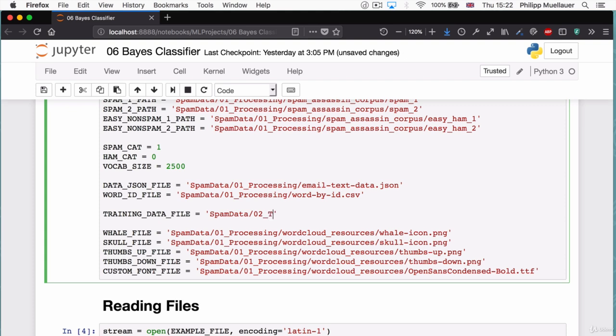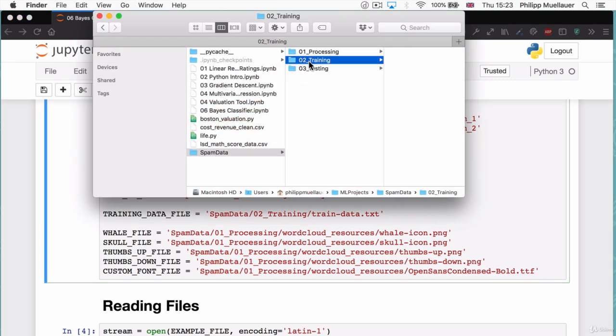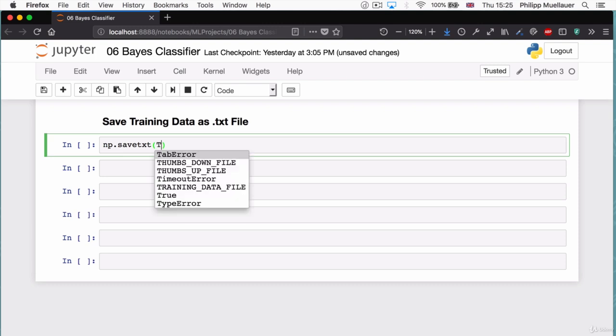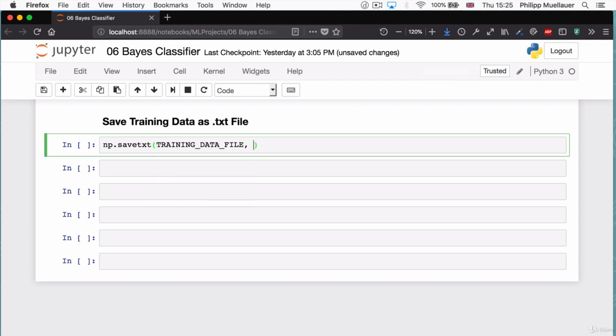/02_training/train-data.txt. I'll be adding our text file to this folder right here. Now be sure to hit Shift-Enter on your cell with your constants, and then join me down here at the bottom of the notebook with np.savetxt, parentheses, training_data_file, comma, train_grouped, comma,